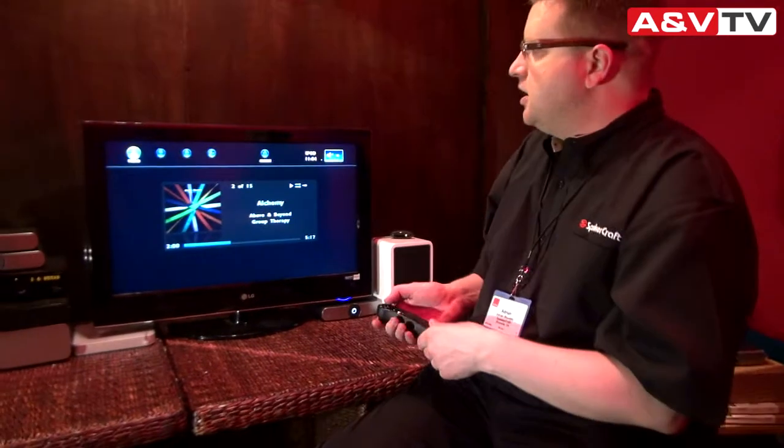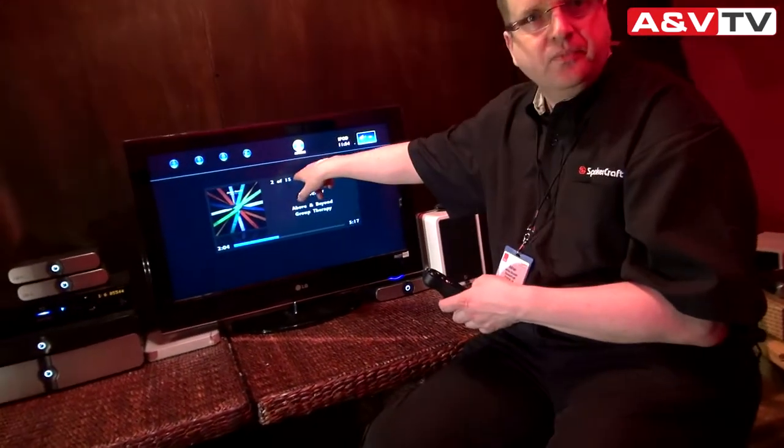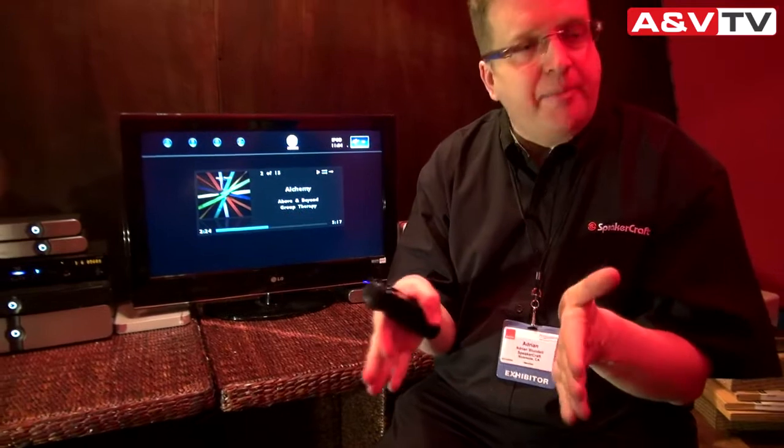Also, a critical element of the system is that Nirv is what we would call a user-based system. So it allows the installer to configure the system uniquely for each member of the household. So rather than having to set up the system and for each member then to be offered with components that they might not want to use, when you log in using the remote, or we have an iPad and iPhone app,